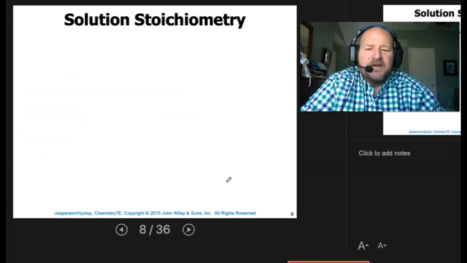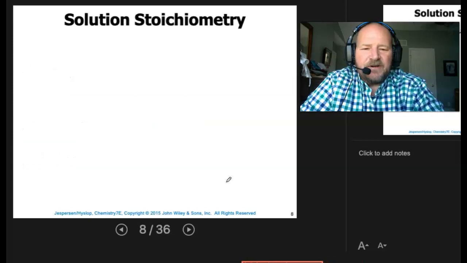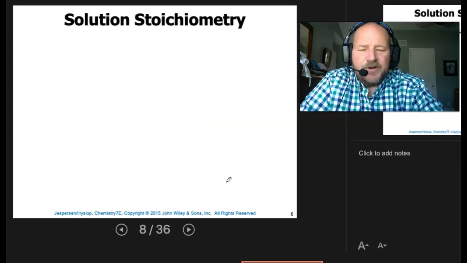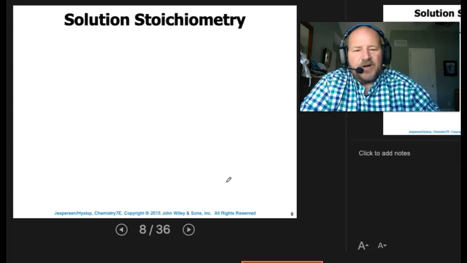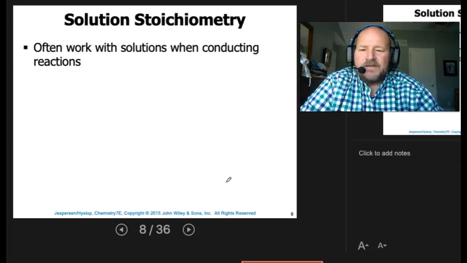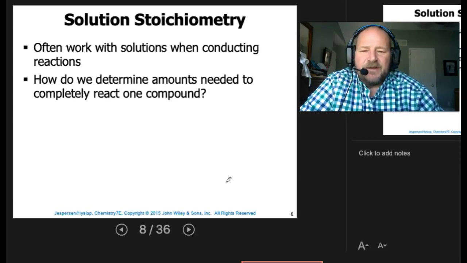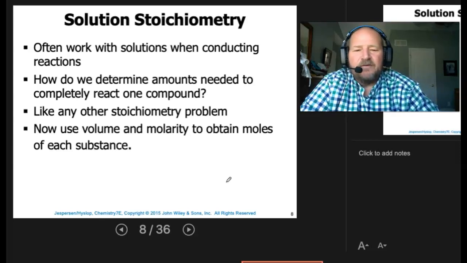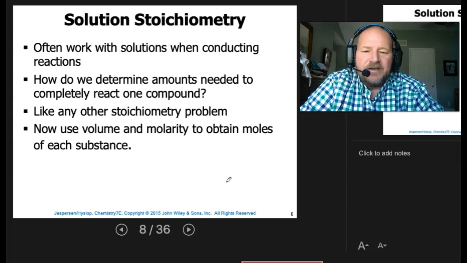All right. So now what we're going to do is take this chapter, combine it with chapter 3, and look at solution stoichiometry. Now I've already pointed out that it's going to be a 3-step process, just like we saw before. So it often works with solutions when conducting reactions. How do we determine amounts needed to completely react one compound? Just like any other stoichiometry problem, except now we're going to use our volume and molarity to obtain moles of